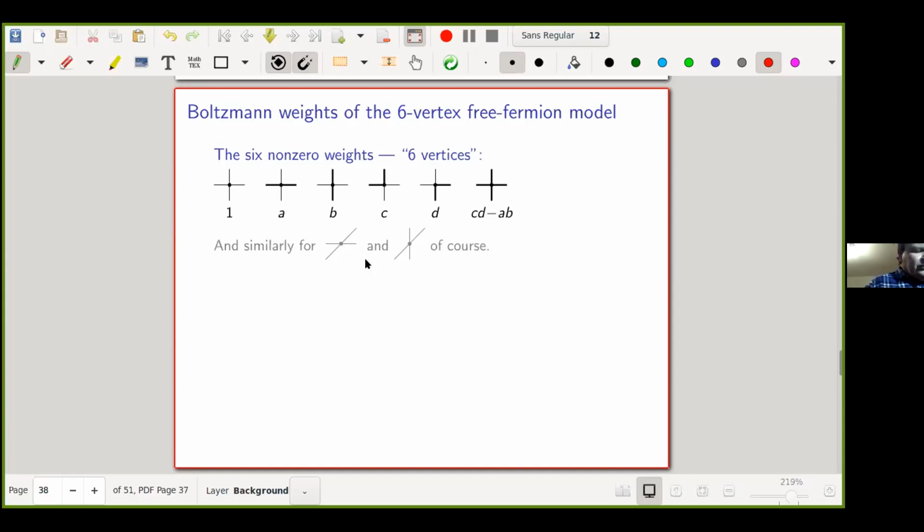This two-parameter family of motion integrals is essentially the same as statistical sums, or partition function, or state sum, as it is called, for a two-parametric family of six-vertex free-fermion model. Let me remind you that